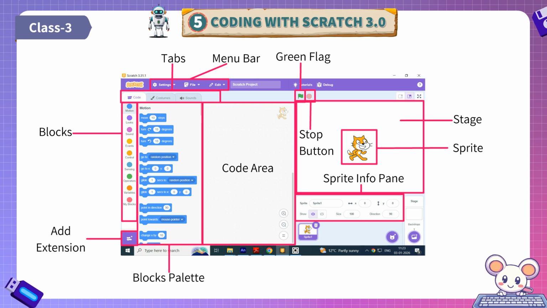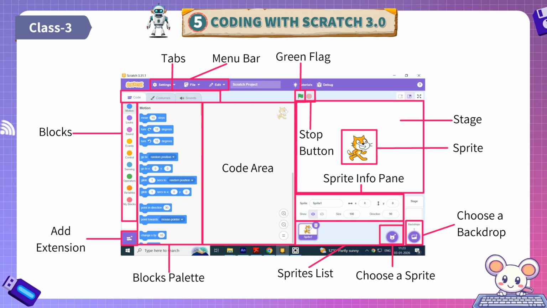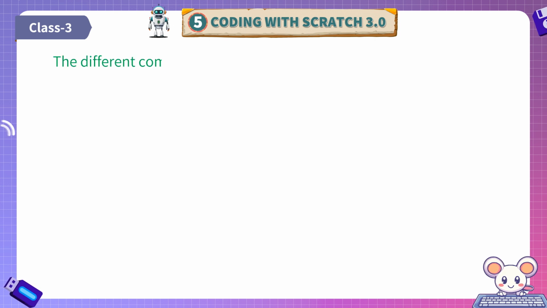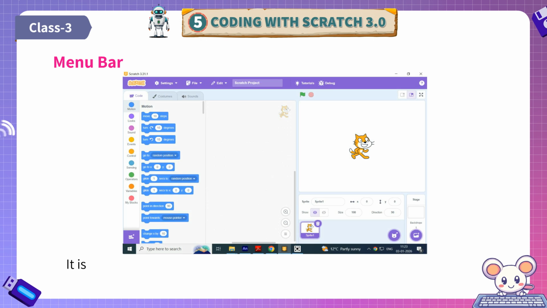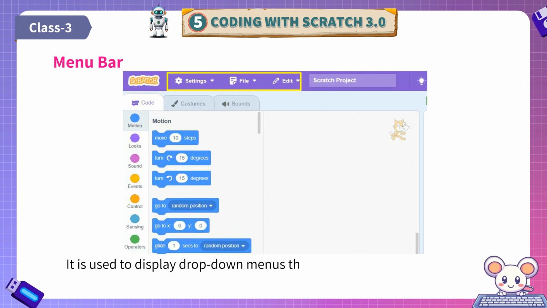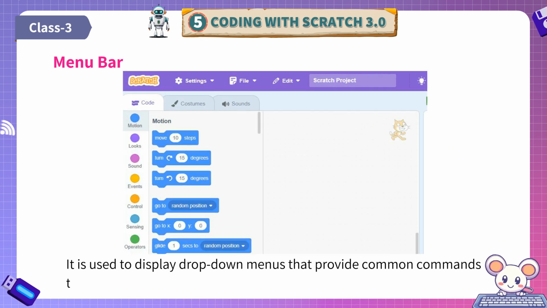Blocks palette. Choose a backdrop. Sprites list. Choose a sprite. The different components of the Scratch window are: Menu bar. It is used to display drop-down menus that provide common commands to the user such as new, save, etc.